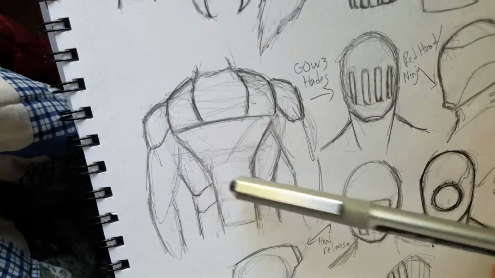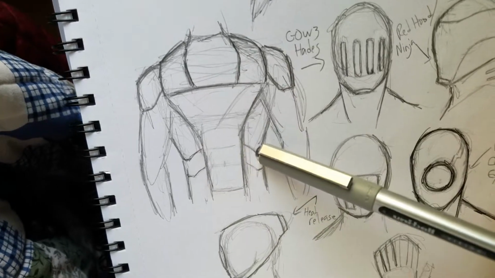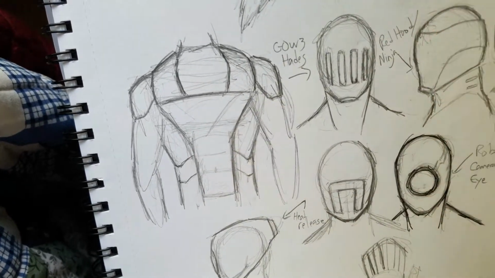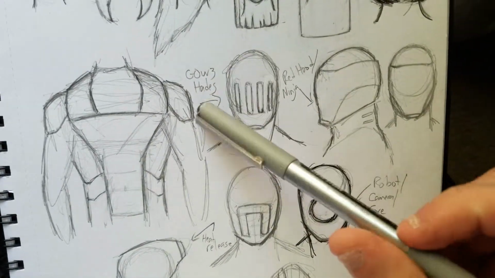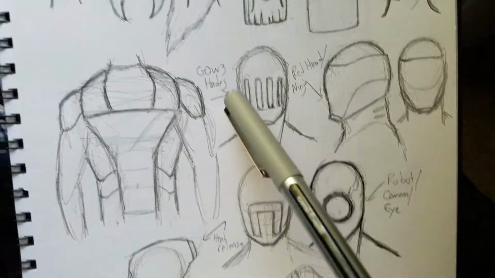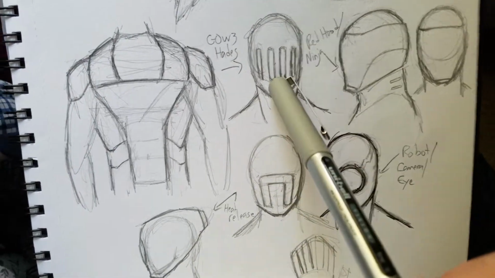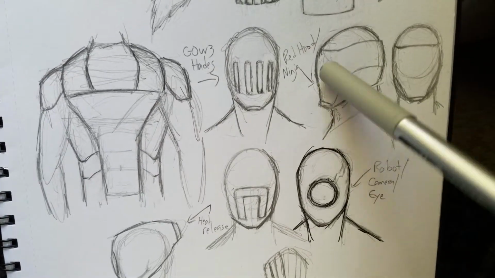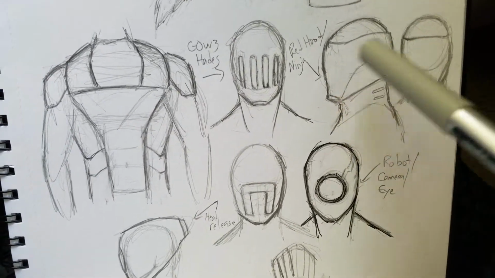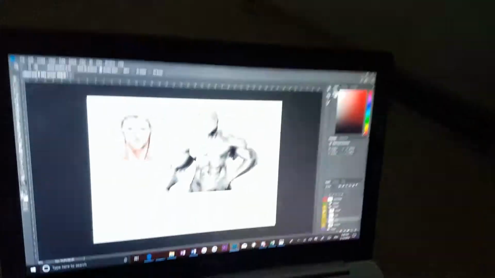And then I drew out where the abs would be, and had the design stem out from them. But this one I just listed, not really inspirations, but what they remind me of. Like, this reminds me of Hades' helmet in God of War 3. This is kind of like the red hood, but it's also flat, like a ninja-esque. Like, you get the idea. And what I did was,